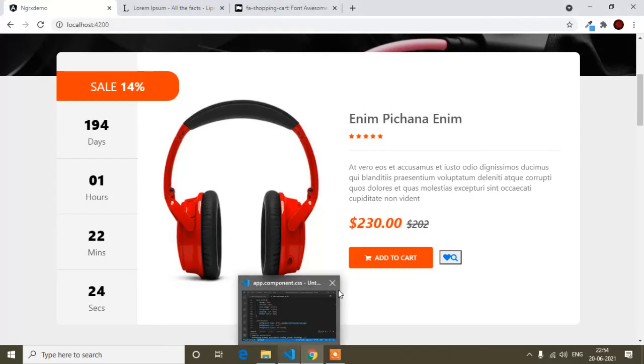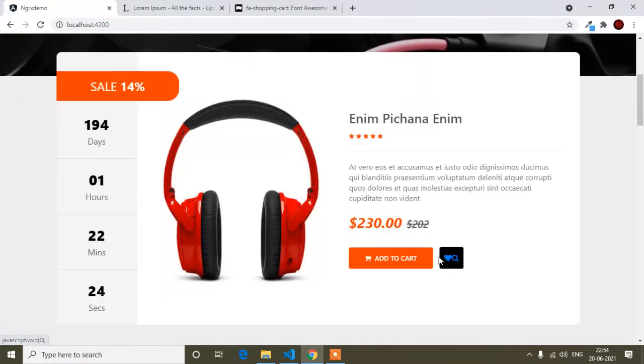So now save, and you will find it added the design.